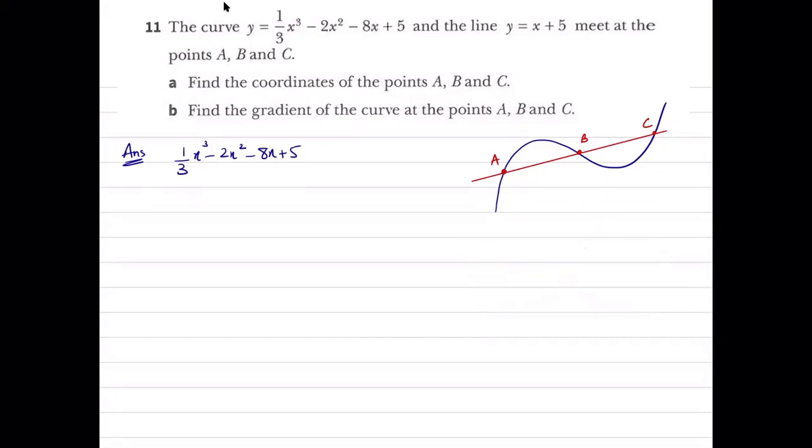When you were doing factors and polynomials, we learned how to factorize a cubic polynomial. So I'm going to revise that concept over here. You're going to equate the equation of the curve with the line, and then I'm going to simplify this equation further. Making the denominators common, I'm going to get